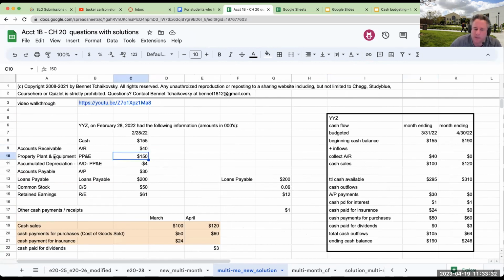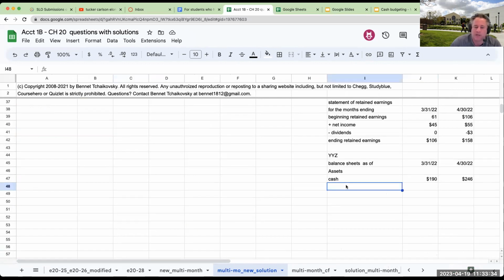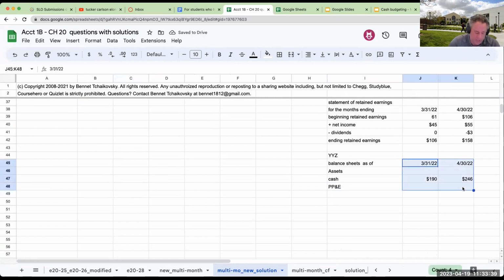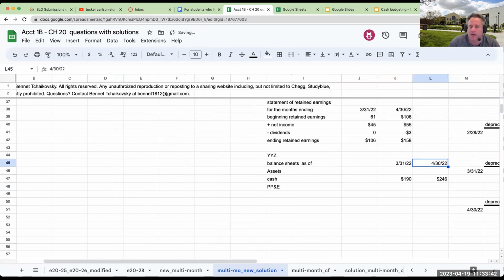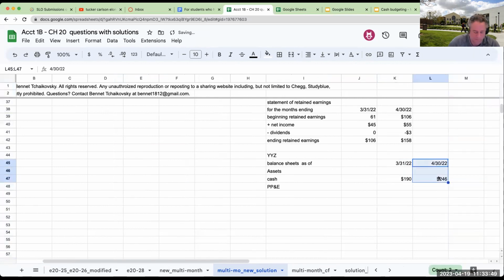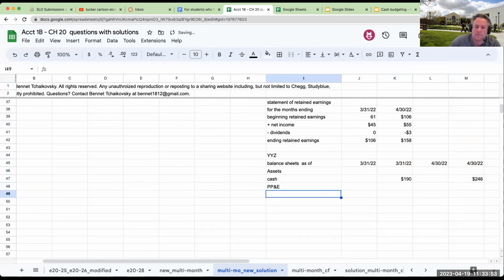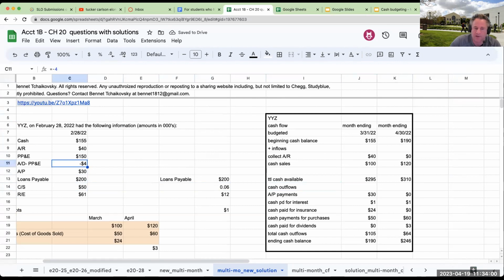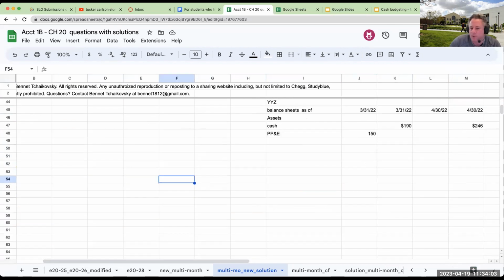Property, plant, and equipment. Let's do that one. So over here, we have PP&E. And for this one, I'm just going to make a little change so I can show you how I go through and indent things. So my property, plant, and equipment was at 150, right? This is on my balance sheet. Now, my accumulated depreciation